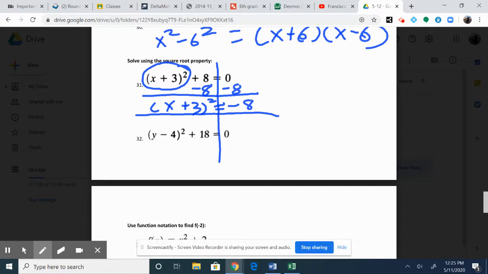Now we are going to take the square root of both sides so we can get rid of that square. So we're going to have x plus 3 is equal to plus or minus the square root of negative 8. We're always going to write plus or minus next to that square root. So what we want to do is simplify the square root, and we can do that